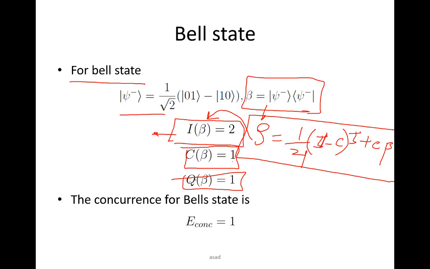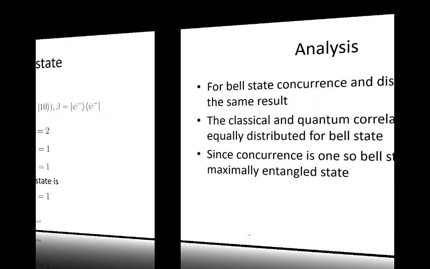Half of its information is classical information: half of this correlation is classical correlation, and half of this is quantum correlation. So the Bell state possesses half classical correlation and half quantum correlation. As I told you, the entanglement has the value 1, so its concurrence gives you the value 1. Concurrence is a quantum correlation monotone for quantifying entanglement.